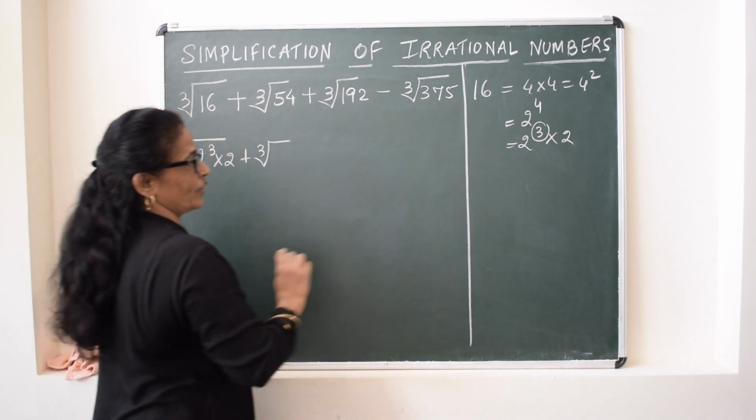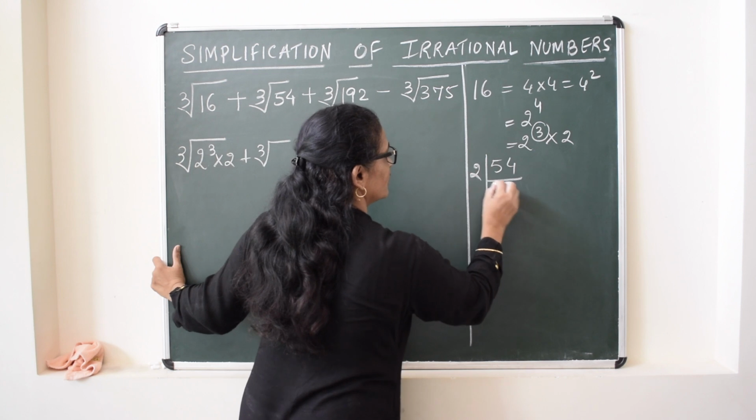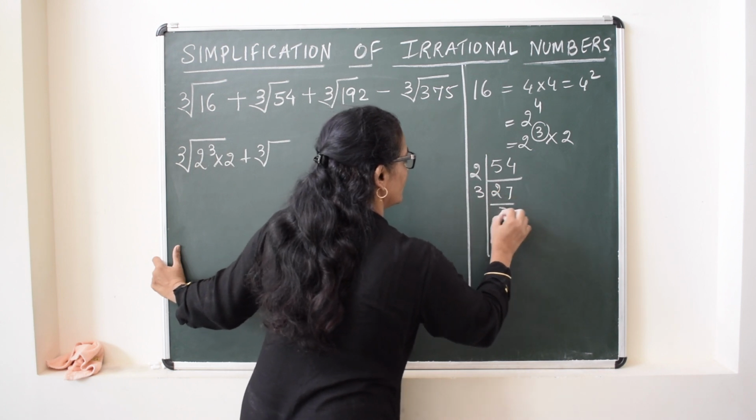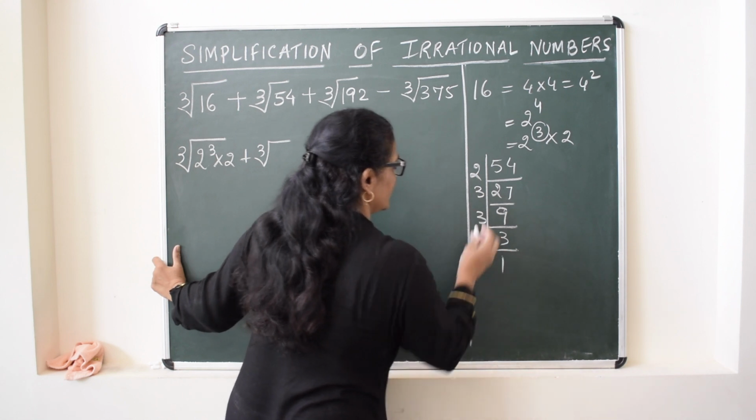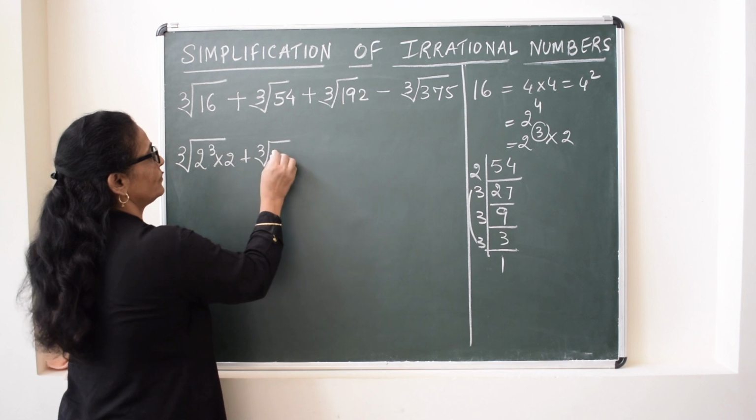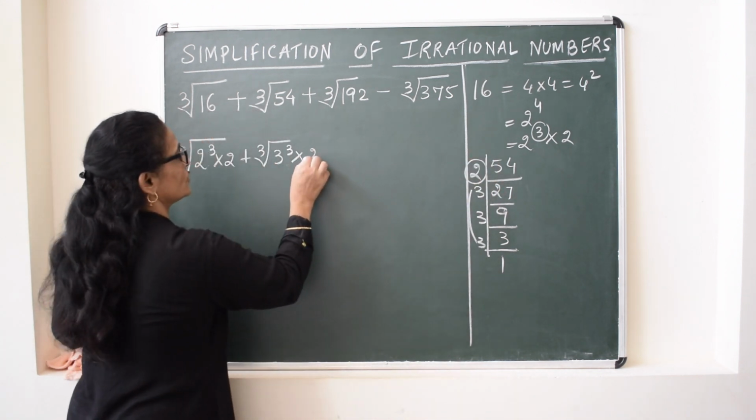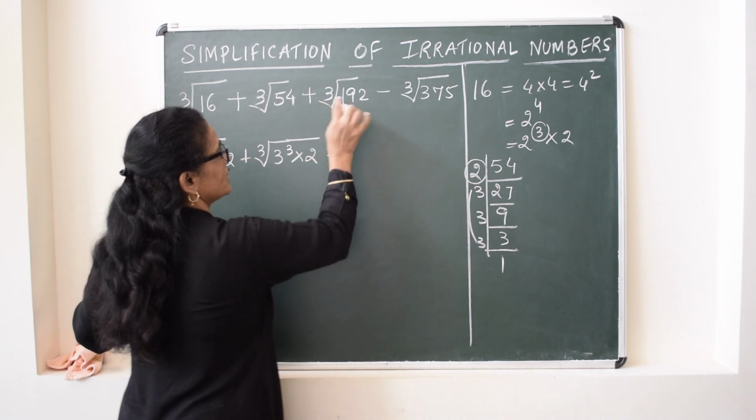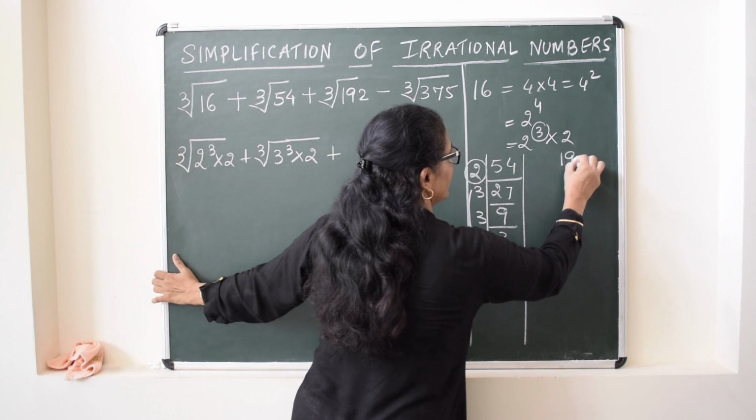Now 54. We will find the factors of 54. And these three threes together to match with the order, and 2 is left out. So these two separately. Similarly, we will find the factors of 192,